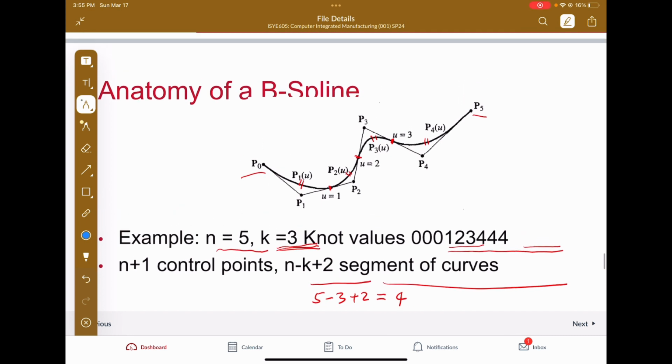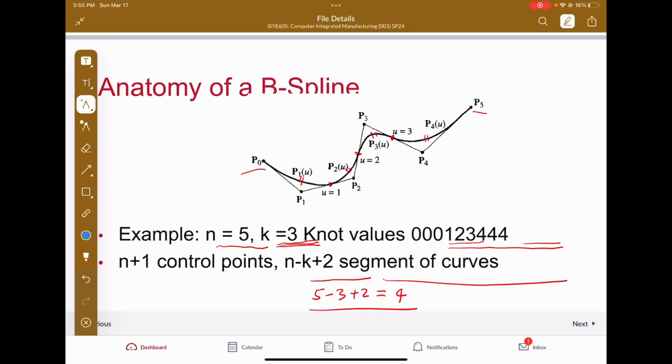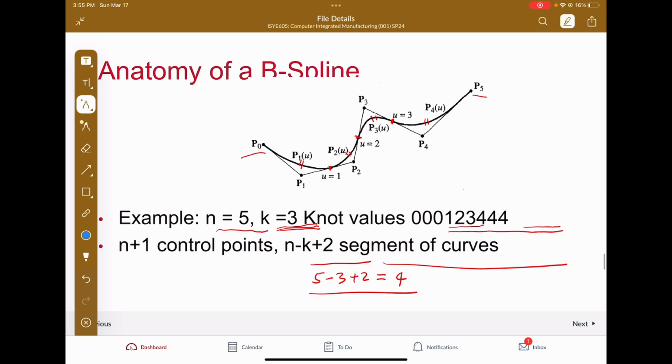This example tells you how to calculate the control points and segments of curves. For example here, n is 5, so we have 6 control points from P0 to P5, and we need the order of 3, right? So what we need is